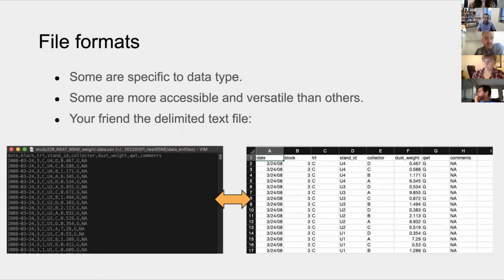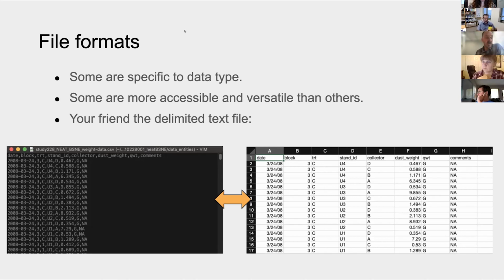File formats. The file format is the actual file type that is stored on your computer containing your data. Sometimes that is specific to data type. So for instance, if you're collecting imagery, you might be collecting JPEG files or PNG files.